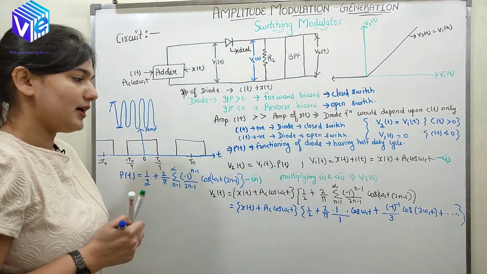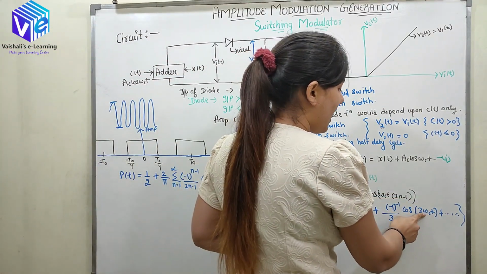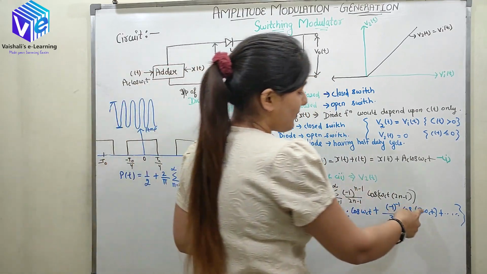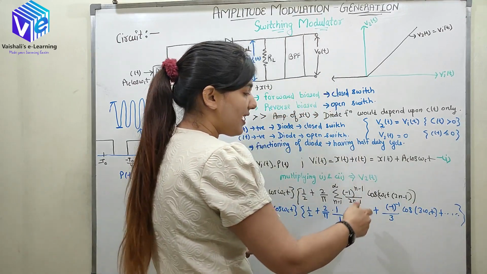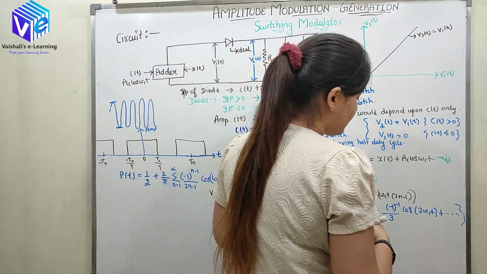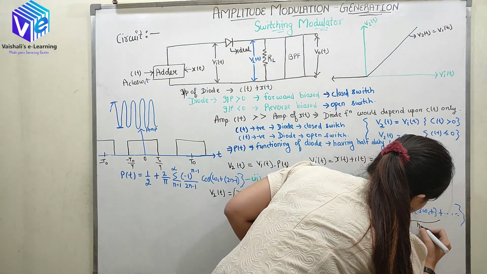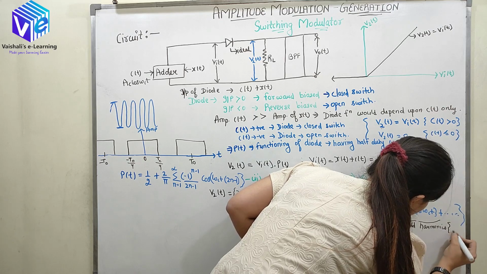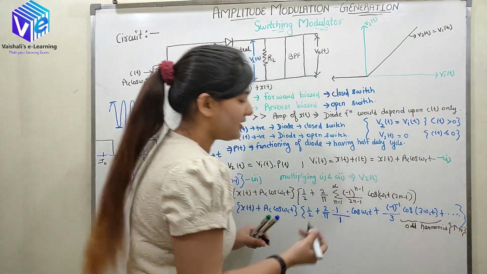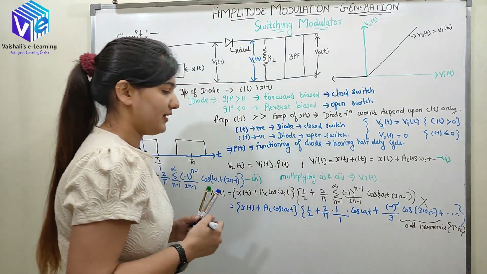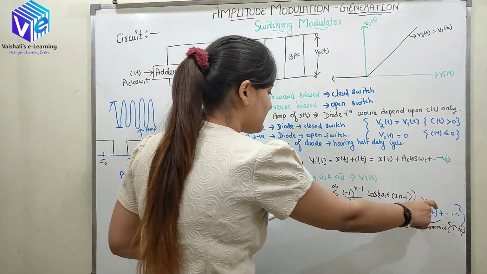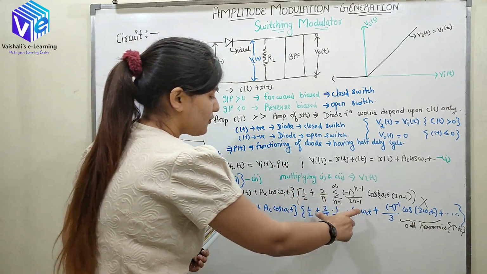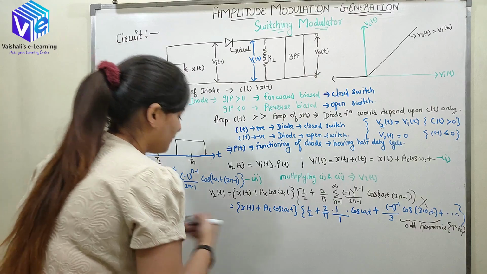So now here you should understand that I am getting a higher frequency term, and here I have a band pass filter centered around omega c. So this is a high frequency term, and after that I'll get the higher frequency terms. This I am calling as odd harmonics of higher frequency. So these are getting rejected by the band pass filter. So now I need not consider these signals. So because these are getting rejected by the band pass filter, I just need to focus on these signals. So